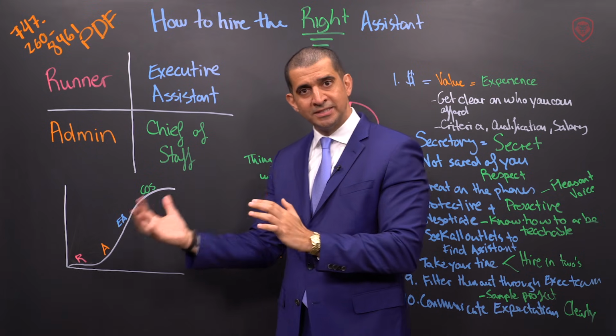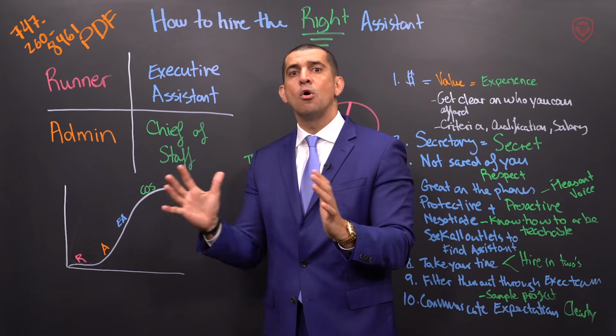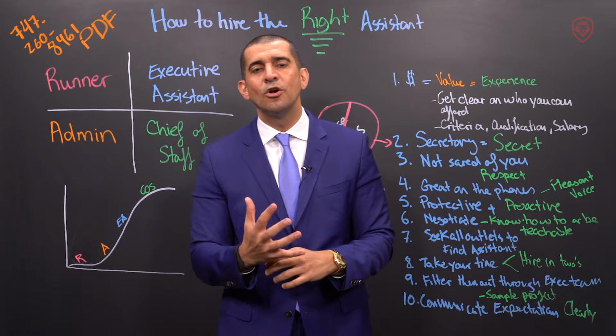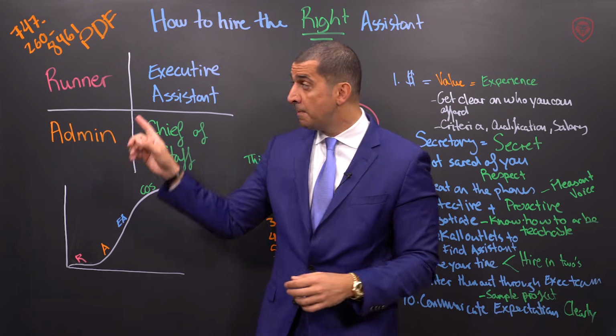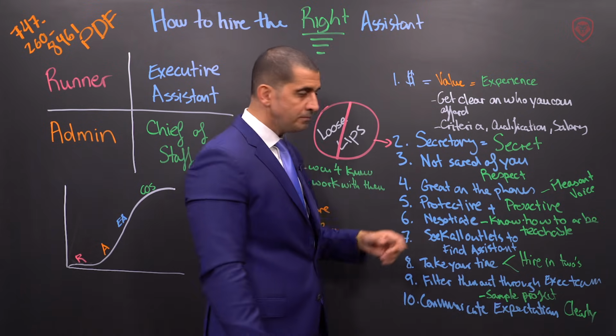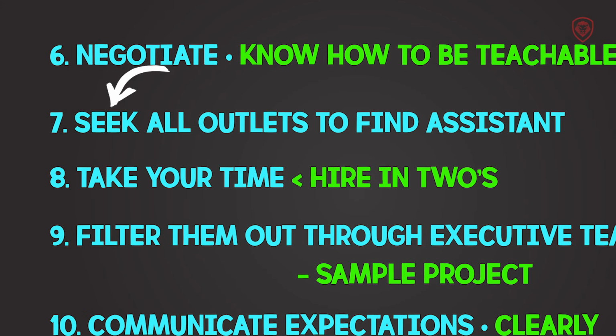So all of a sudden the other person sees it. They get a little bit, oh, okay, I got it. I understand how this works. Wow, this is a little bit tougher than I thought. Then they learn and pick up, and they either do or they don't. But all of these folks, from the lowest level to the highest level, need to learn how to negotiate on your behalf.